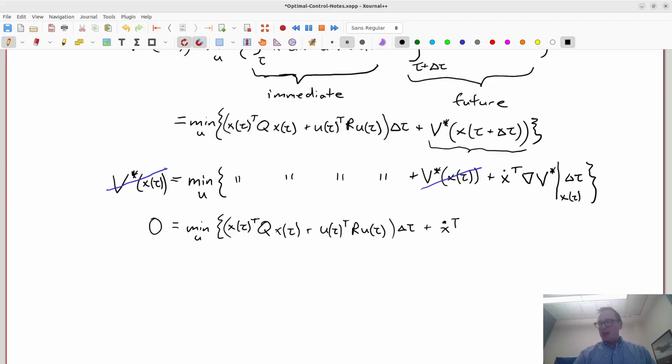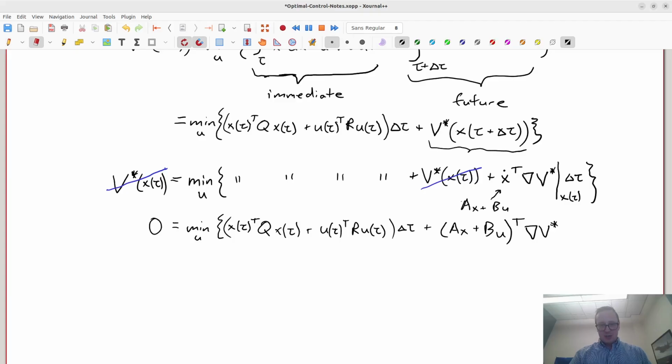And actually, x dot, we know we can make this substitution. x dot is equal to just ax plus bu. So we substitute our dynamics in there. And then we have ax plus bu, dotted with, or taken the transpose of, with v star